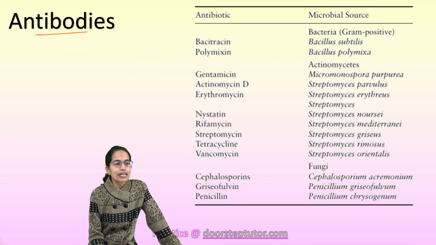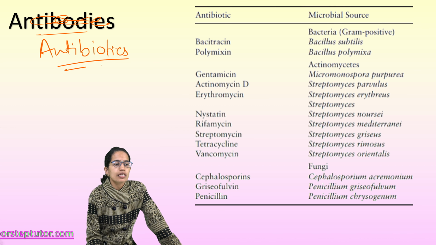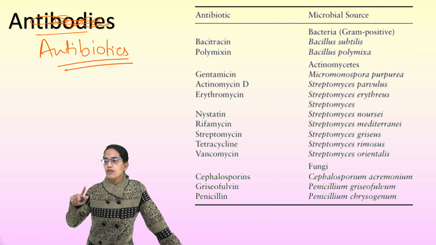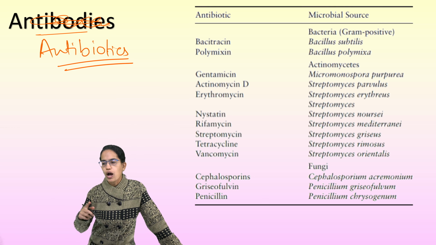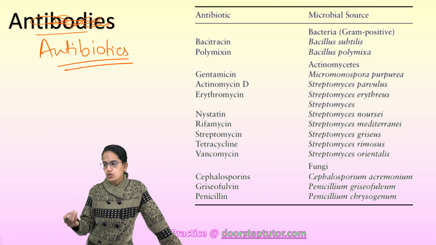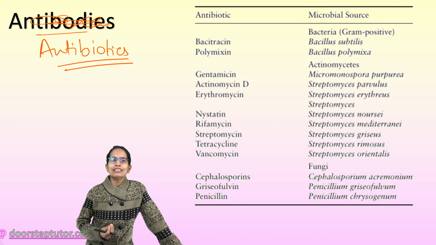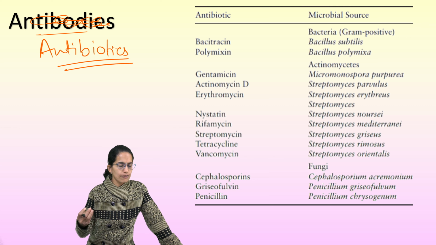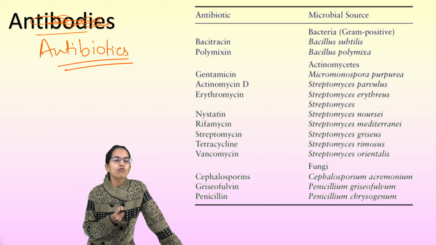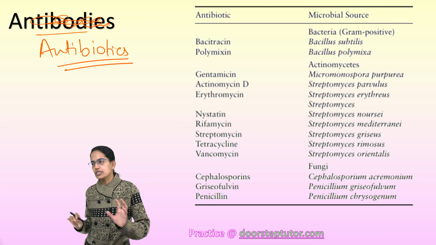The next is understanding antibiotics. Antibiotics are what? When an individual is affected by a bacteria, we use antibiotics. For a virus, we use antivirals. Now, how are these antibiotics prepared? The term antibiotic was coined by Selman Waksman, and this was in 1942. The antibiotics were initially derived from bacteria, yeast, and various other components. The first antibiotic to be discovered was by Alexander Fleming, and this was penicillin. Now, how penicillin was discovered is interesting.